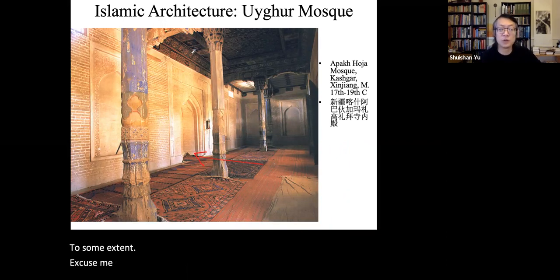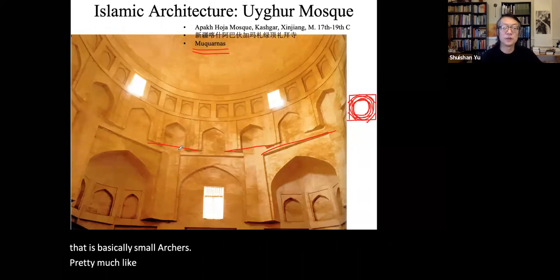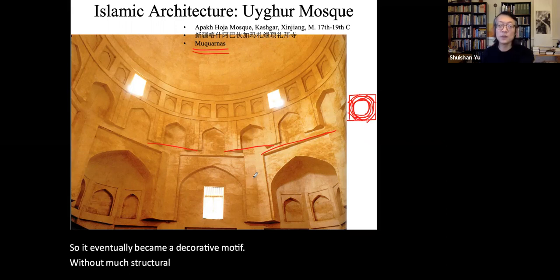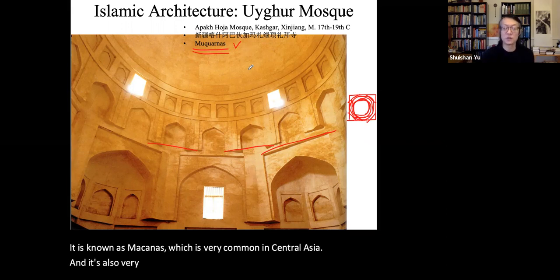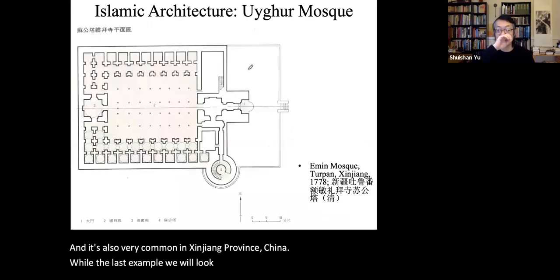To some extent, this 3-dimensional decoration in the capital is basically also a Mukharnas, right? If you look at that, it's basically small arches, pretty much like that. So it eventually became a decorative motif without much structural function anymore. It is known as Mukharnas, which is very common in Central Asia, and it's also very common in Xinjiang province, China. Well, the last example we will look at from the Xinjiang province is this,